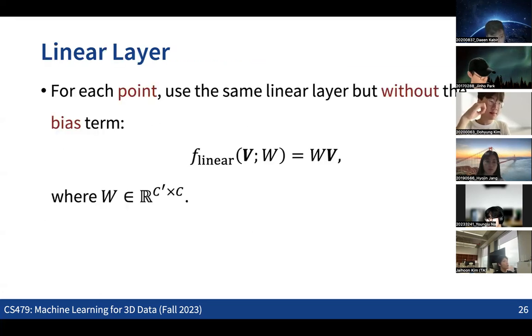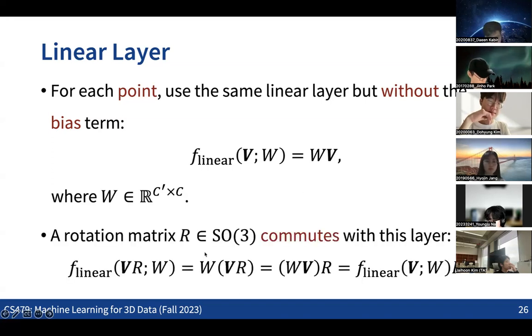For the linear layer, it is quite obvious that we can very easily achieve rotation equivariance. Typically the linear layer in the MLP is an affine function, right? So we are not only multiplying some matrix, but also adding some vector, a bias term. But if we do not take the bias term, and only multiply some matrix, then obviously this function becomes a rotation equivariant function.